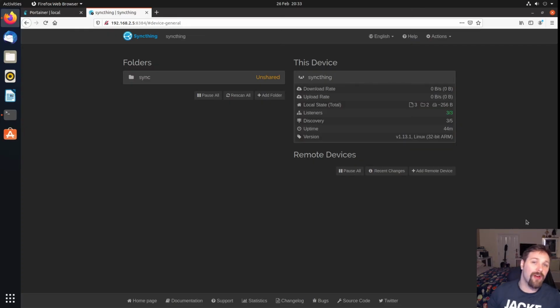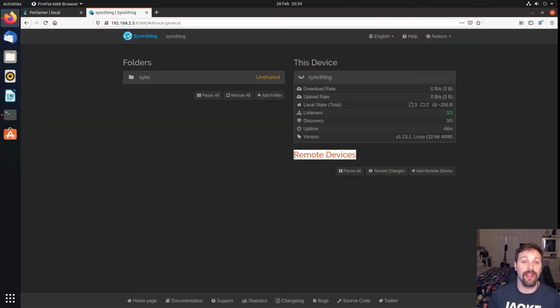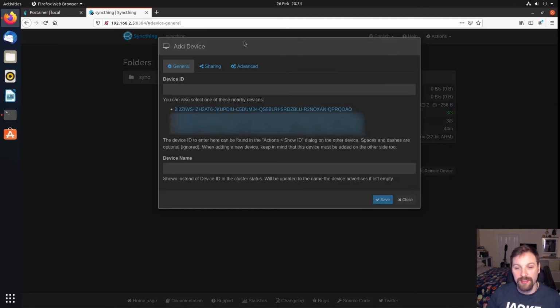Okay, so we're back on a Raspberry Pi now, and we're in our Syncthing interface. What we're going to do from here is we've now added our app to our Android device, and it's given us a QR code as well as a device ID number, and we're going to add that now to our pool. So you do that through the Syncthing interface on our Raspberry Pi, so it's in our container. We're going to come to the remote devices section here, and we're going to click on add remote device, and